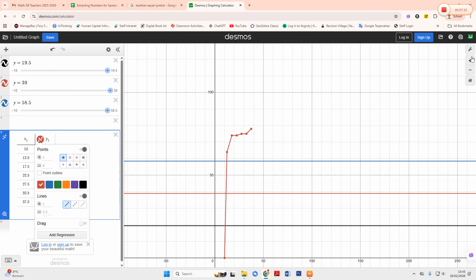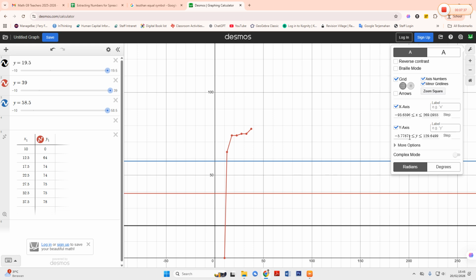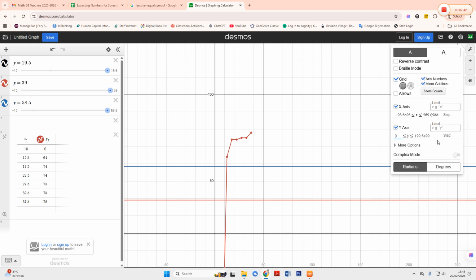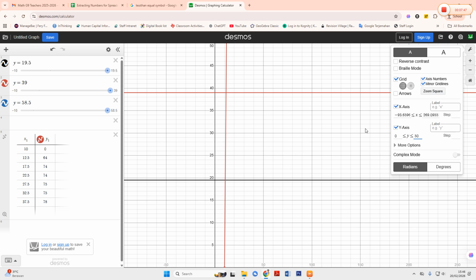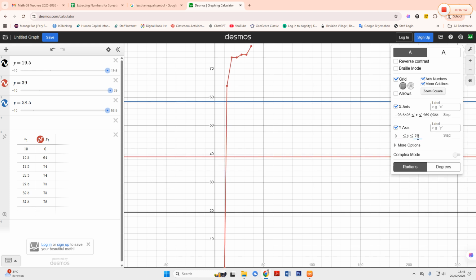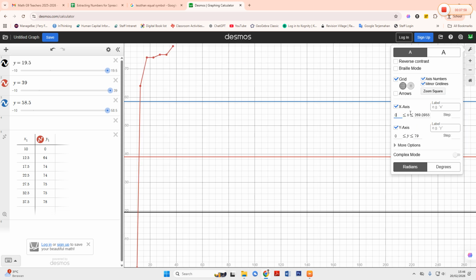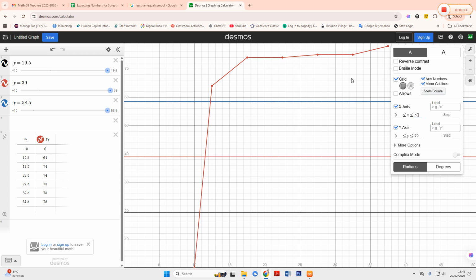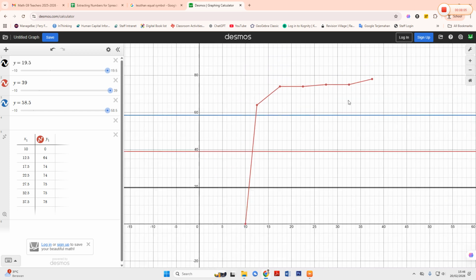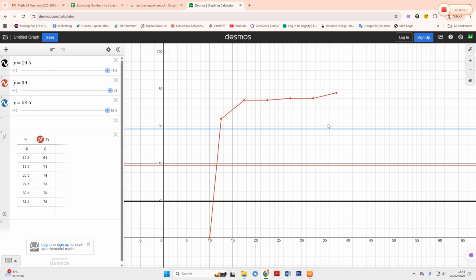I will change the y-axis to start from 0 until 50, oh sorry, 0 until 79, and the x-axis from 0 until 50. Now we can see the graph looks nice.